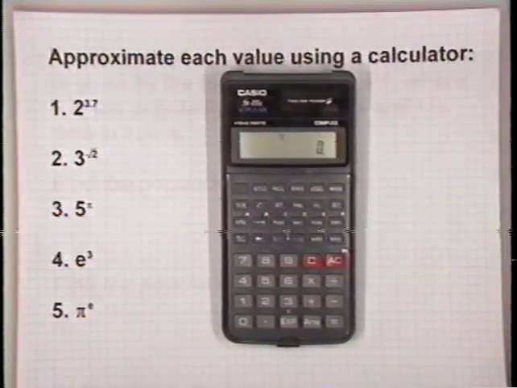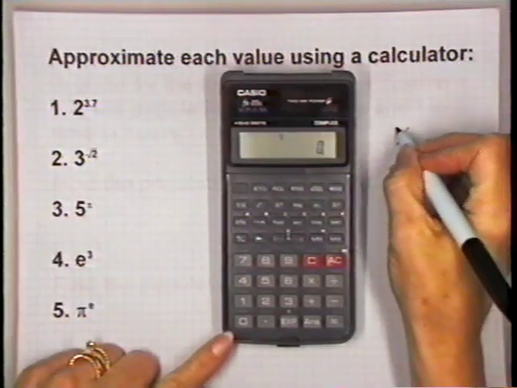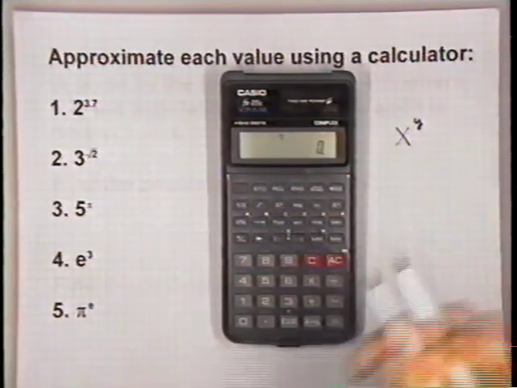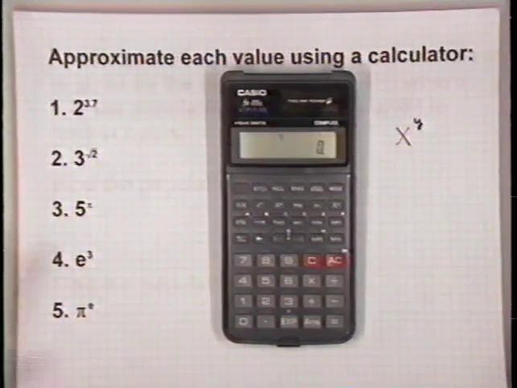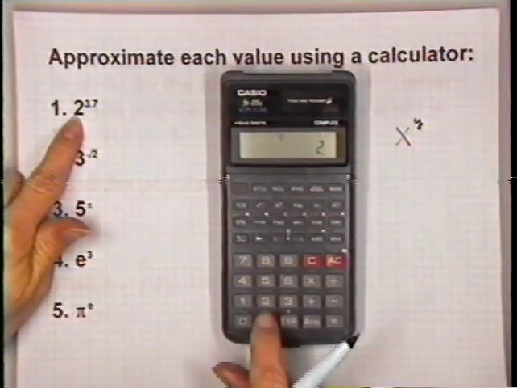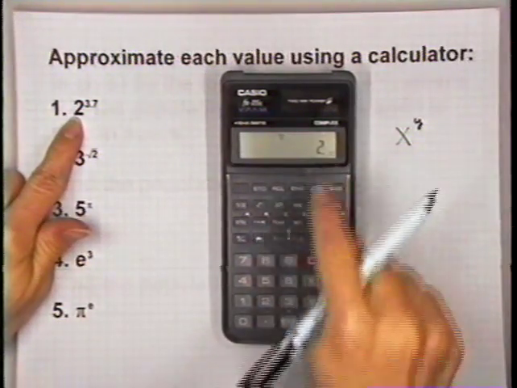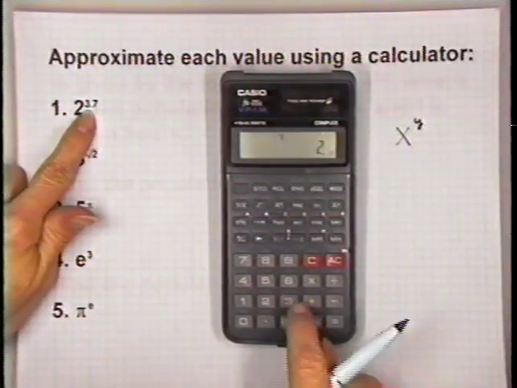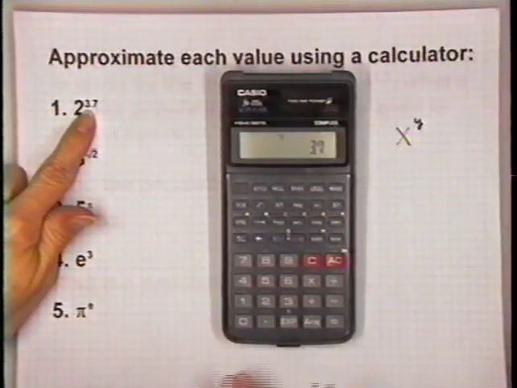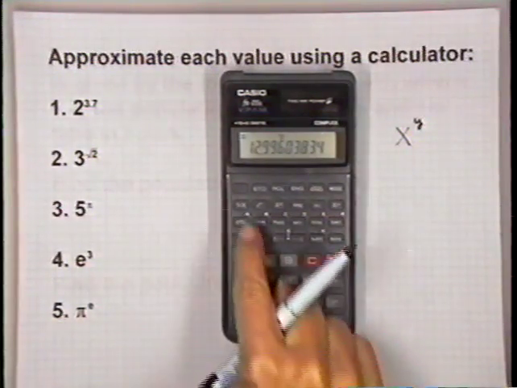You've probably not done exponents that were not whole numbers before. So what we're going to use on my calculator, there's a key right here. I don't know if you can see that. That key has an x, and then it has a little exponent of y after it. So to illustrate how this key is used on my calculator, I'm going to enter this base number of 2, and then I'm going to hit this x to the y key, and down here it's telling me I'm doing that power. And now I'm going to enter this exponent of 3.7, and then I'm going to hit my equal sign to complete that calculation. Now, as you can see, I have